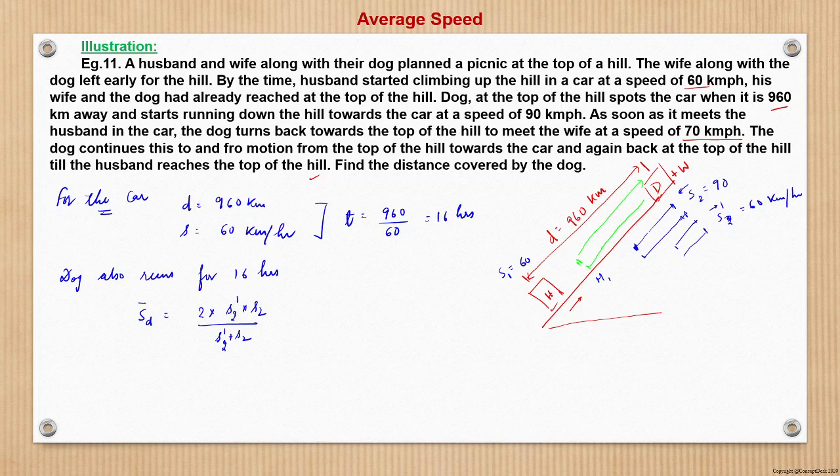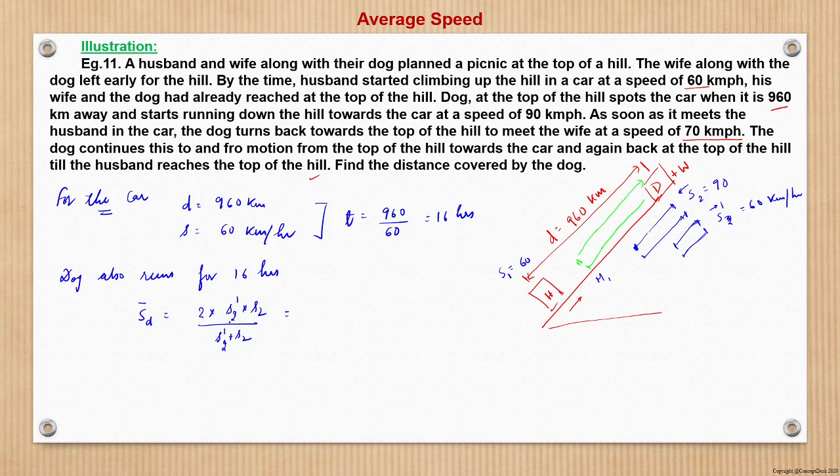dog will cover the same distance downward and then upward. Similarly, when the dog meets the car for the third time, then also it covers the same distance downward and the same distance upward, right? So when the distances are same and speed downward is 90, speed upward is 60, so average speed in all the instances of meeting